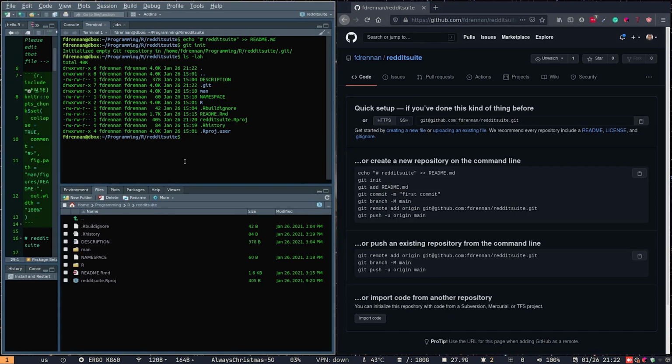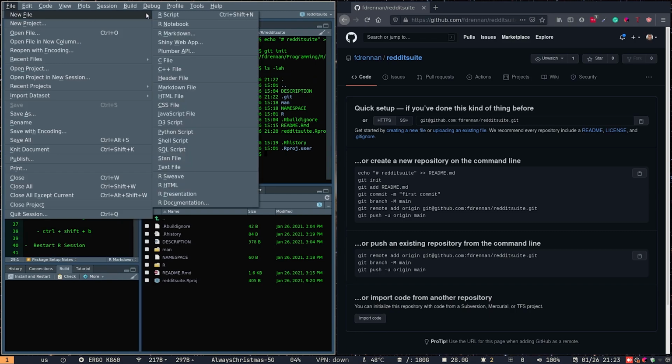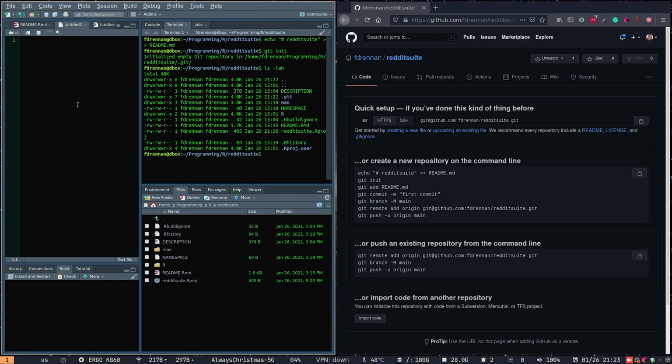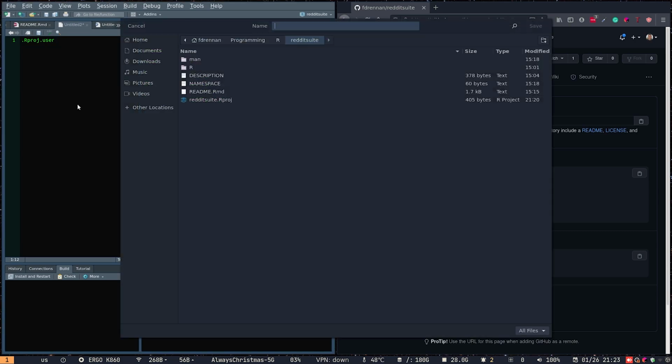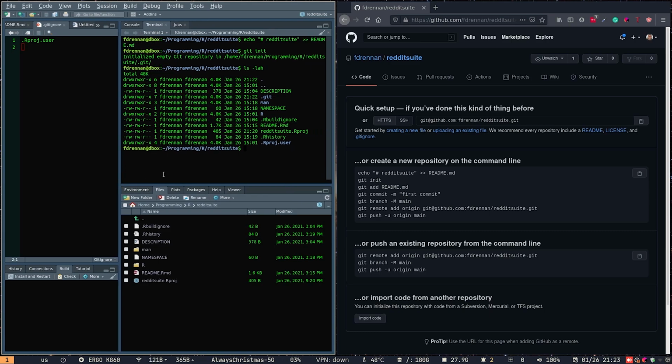Let's create a .gitignore file. So we're going to go to File, New File, Text File, and then we're going to write in .Rproj.user and then save. And we're going to call this .gitignore. And we want this saved within our project directory, the Reddit Suite directory. Okay, so now that we've done that,